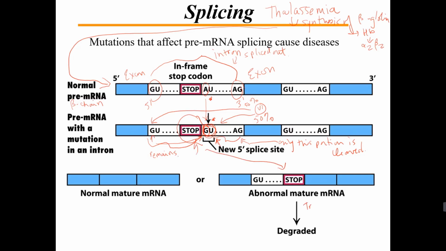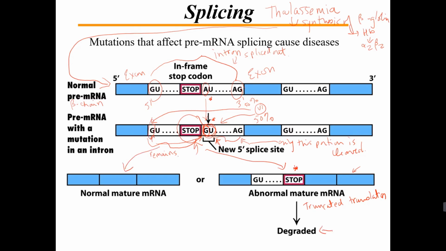So you get truncated translation, because this remaining part of the intron has now become incorporated into the mature mRNA. It is abnormal, and once the ribosome reaches this point, it stops, and then you get an abnormal protein, which essentially then becomes degraded. Now, if the assembly again is over here at the correct site, you actually get a